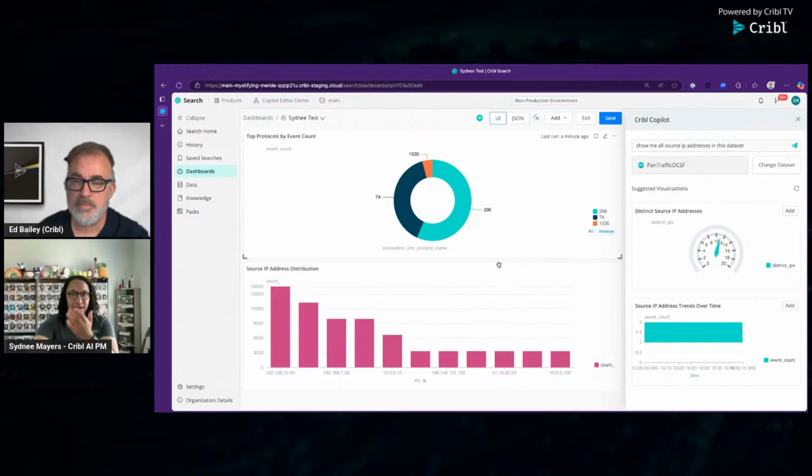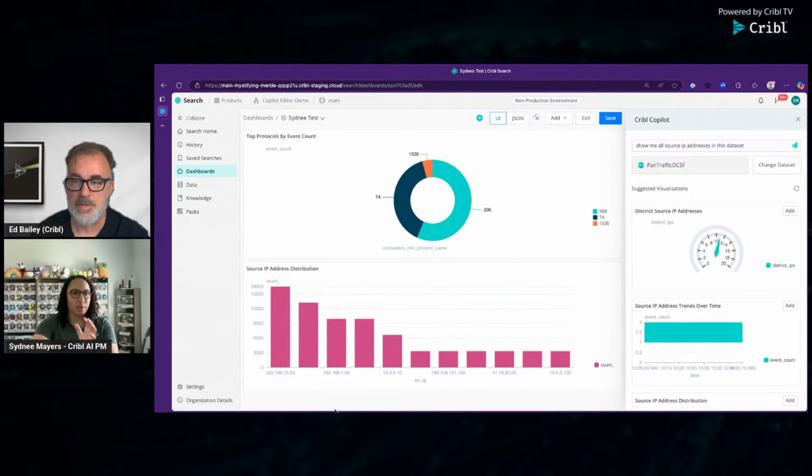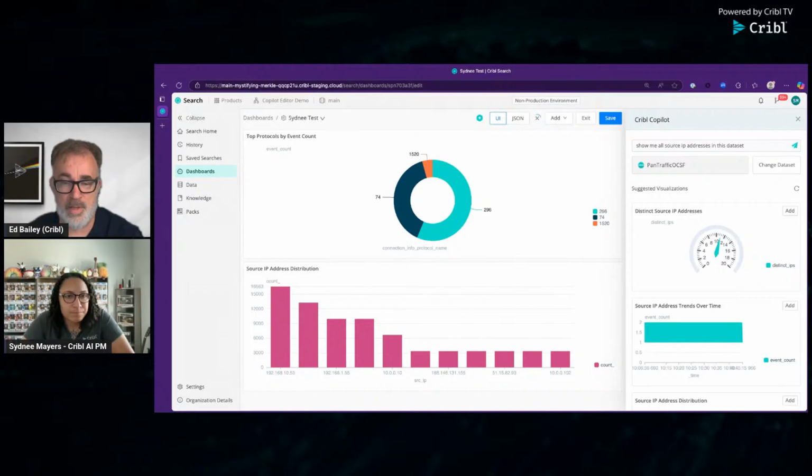I can come in and add my protocols, my source IP address, destination. I can also come here and change things. These are all movable and moldable based on what I'm looking for. And just to also clarify, by default, this is writing an efficient search, the most efficient search we can provide. We're not asking the user to figure out something like a base search. Correct. There's no actual involvement of you needing to understand what's the best way to search this, what's the right way to search this.